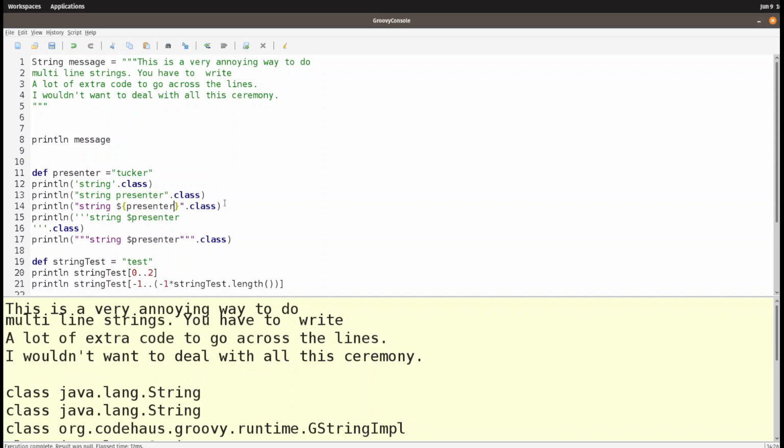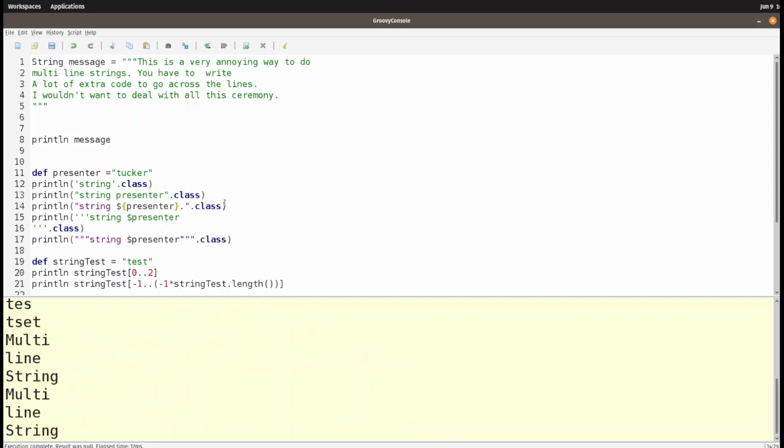If it has a dot, it'll get confused. So if I wanted to put a period here, you better use the curly brackets. Some people will say, because that's the case, always use it. But it can be a little bit nicer to read without the curly brackets as long as you don't have a period right after it like this. So if I run this again,